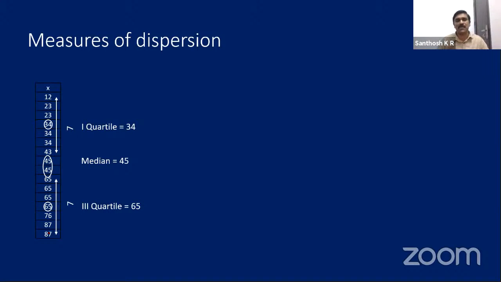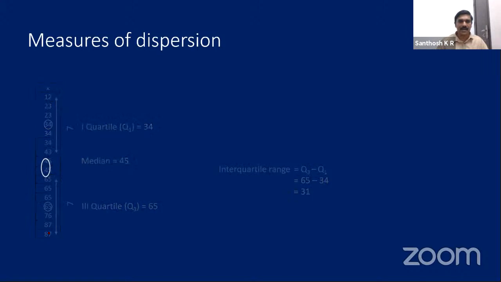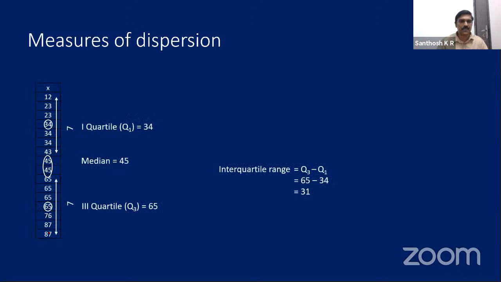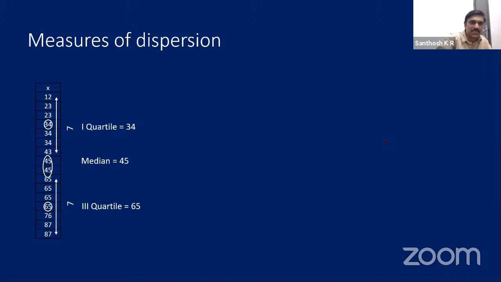Likewise, I classified. Why am I calling this a quartile? There is a reason for this. I will draw it and explain why I'm calling it a quartile. Based on this, I can classify this data into 4. How can I classify this data into 4? All the scores up to the first quartile become the first section of this data. All the scores up to the second quartile, that means the median, become the second section of this data, and all the values before and after the third quartile.